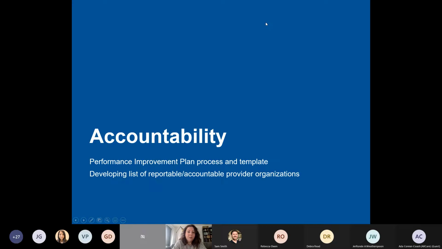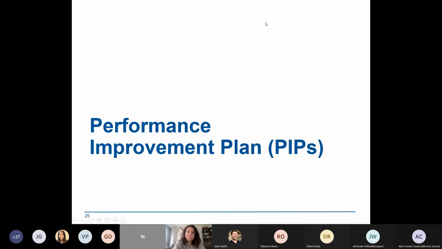So starting with the performance improvement plans, next slide, please, Jody. I'm going to start with a refresher about just how accountability works for the cost growth target program and the timing. This is not an immediate thing. We have time to phase this in. We have some initial details about the proposed PIP process that I want to start introducing you to. And just to be clear for today, we're looking for some initial feedback, your reactions, sort of thumbs up, thumbs down, major red flags that you see with what we're proposing.